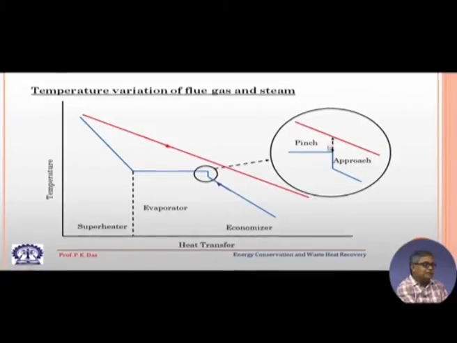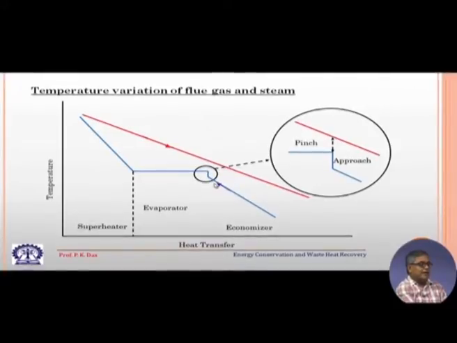One, there is a pinch, that is, here this is the point at which it enters the evaporator, and this red line is the temperature of the gas stream. So, the difference of temperature at this point is called the pinch point, and this temperature difference whatever we will get, that is called pinch temperature. So, basically this is not a temperature, but a temperature difference. And along with this there is another vertical line which is called approach.